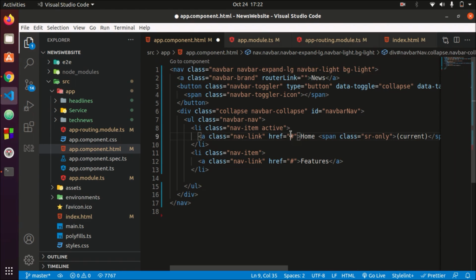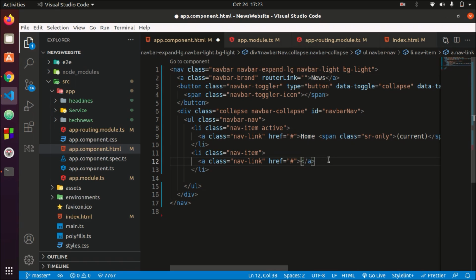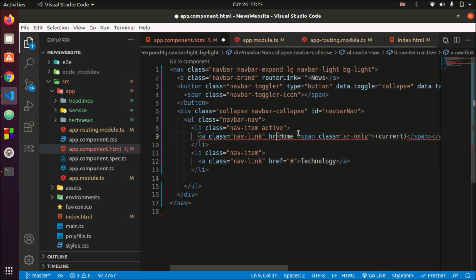Okay, now here it's not the home. We want to see it here, headlines, or we can say home, and here we want to see technology. And let's replace the href with router link, and it will be empty, so that it will show the headlines part.